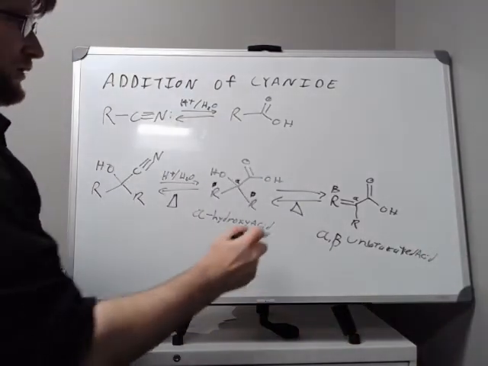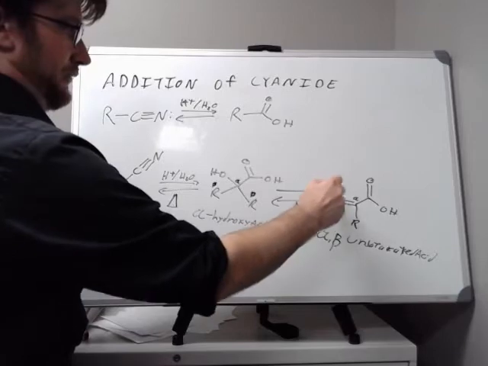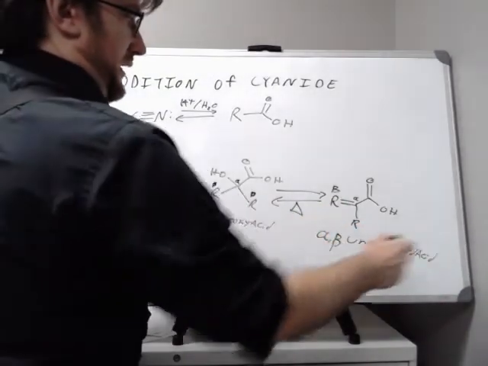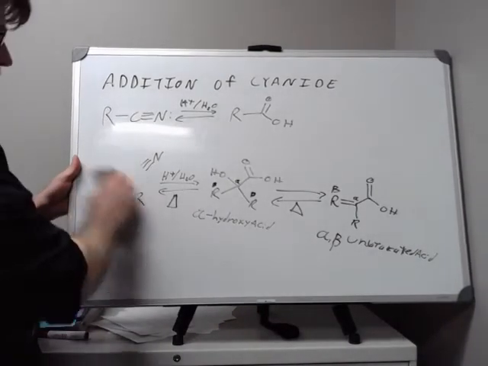Because now we have formed a double bond between the alpha carbon and the beta carbon, creating the alpha-beta unsaturated acid. Now there's another reaction that we can do with nitriles,